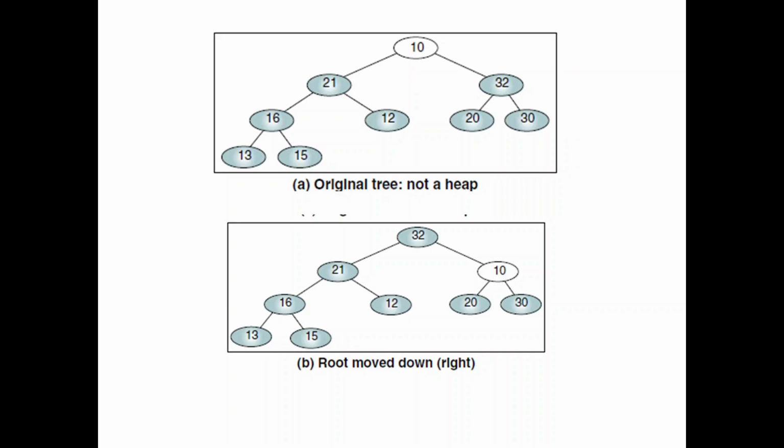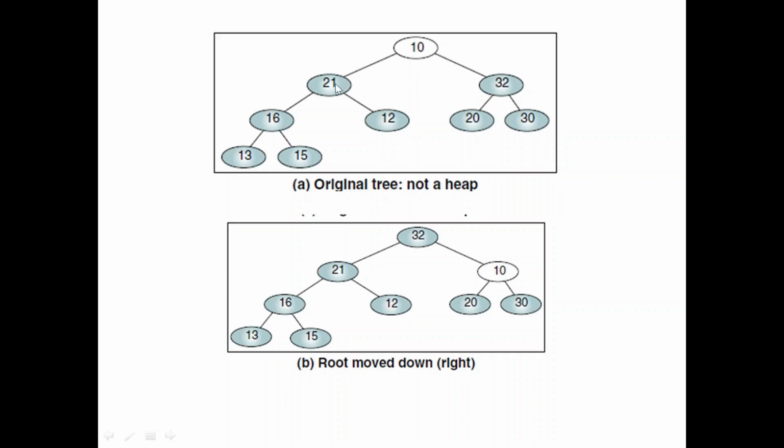So the logic of that algorithm is that now 10 will be compared with the 32 and 21, but before that, see the requirement here is that we have to move one of the children to the parent position, because clearly the parent does not have the largest value or at least equal value. So that is known, but we can either move the left child into the parent position or the right child into the parent position.